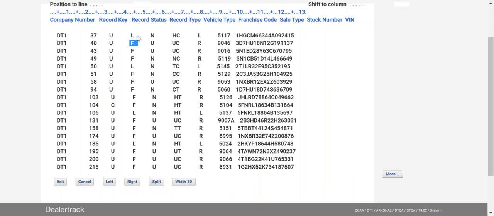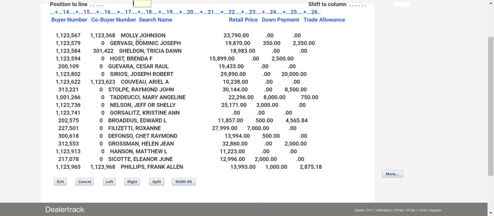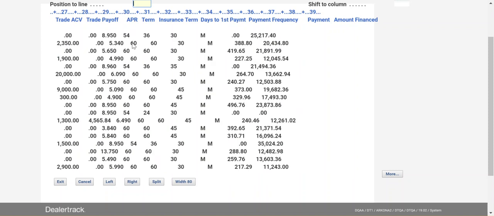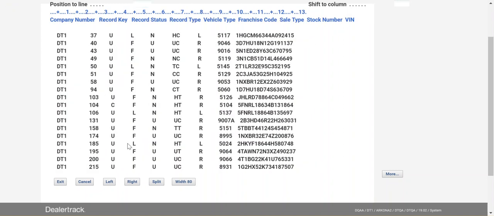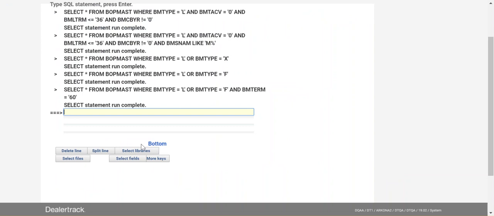So let's go back over to the right and see, here's our 60 months. It kind of gets them a little squirrely and not so easy to read, but this column we can probably assume is a lease. So that's how the or is a little bit different from the and,